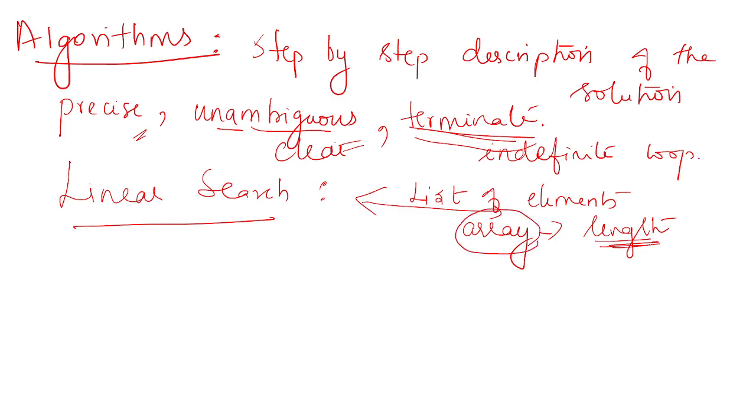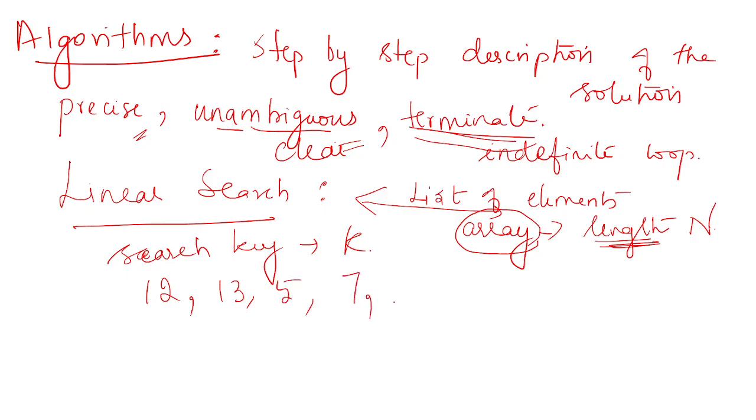Assume that the length of the array is n. And the search key, that is the value you're going to search, I will take as k. So, given a list of elements,